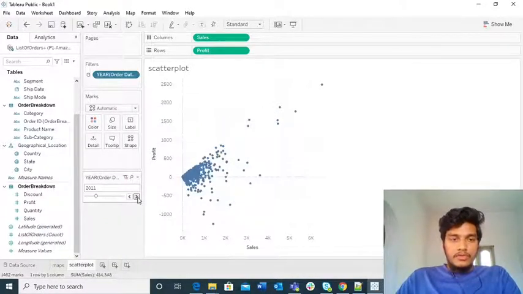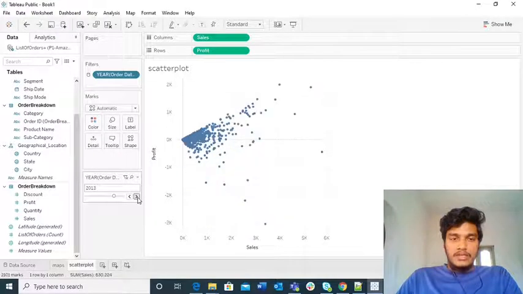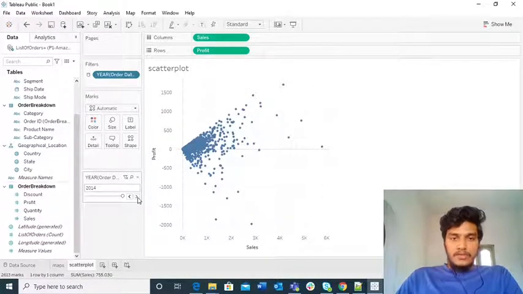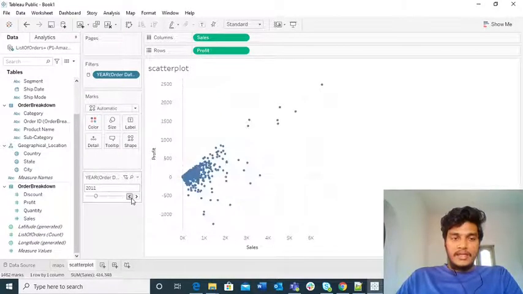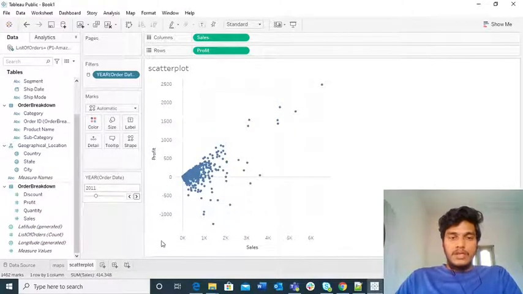If you go to 2011, this is the information. In 2012 it increases again, in 2013 it increases again, but in 2014 it becomes a little bit normal. By aggregating all those things, we have this graph. This is how we can identify the corresponding profit for particular sales.